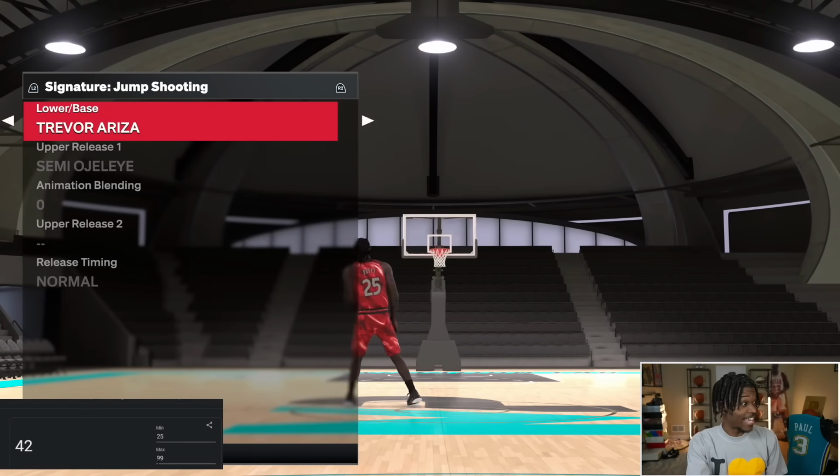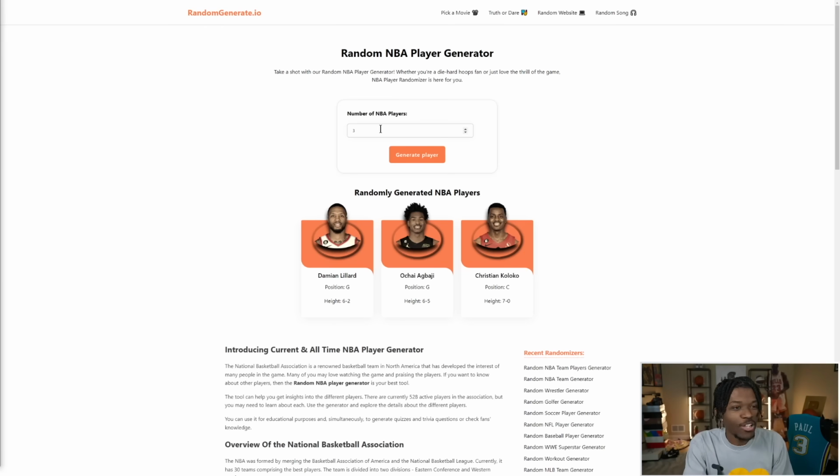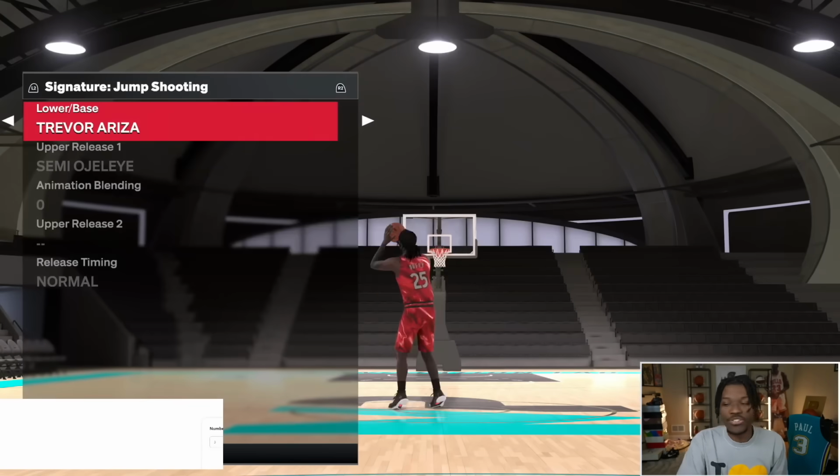Ooh. Let's get his signature base based on random NBA players. So this generates 3 random players. I get to pick the player that I like the most for it. Caris LeVert, Delano Banton, or Sterling Brown. I have to see if those players...